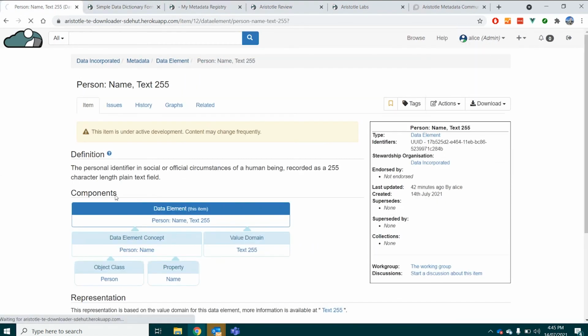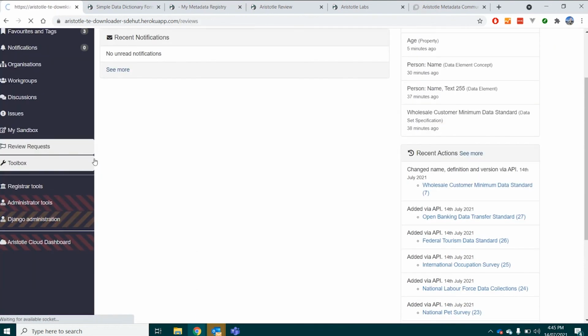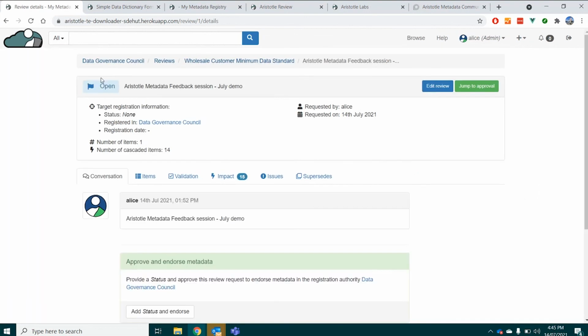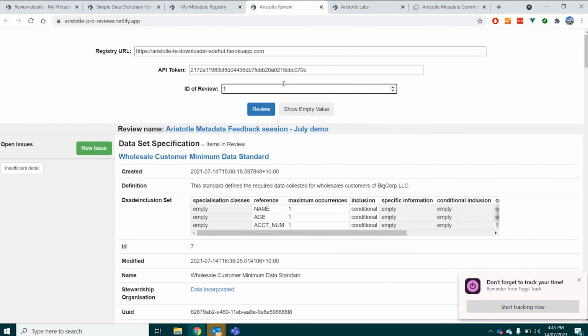if I go back to my dashboard, here we go. So every review throughout the registry has an identifier. So this one's number 1. You can see that here. If you load the review, you'll see it at the top of the page. No, you won't. I lied. But you will see it in the URL as well. So it'll just be here. It'll be review/1. And if you take that review number and pop it in here,